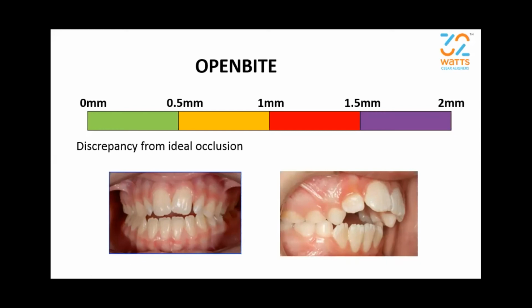Now, if you have an open bite which is greater than 2 millimeters, let us say a patient with 5 to 7 millimeters of anterior open bite, such cases are very difficult to be treated with aligners. So we recommend a hybrid form of treatment where we bond some braces, we use box elastics, and we reduce the severity of the open bite so that the case can be treated with aligners alone.